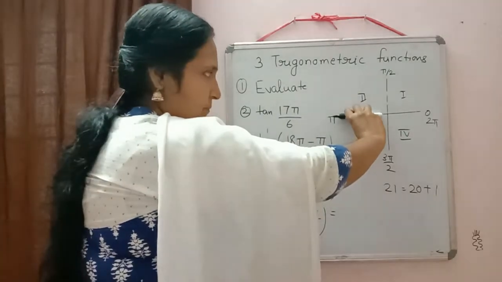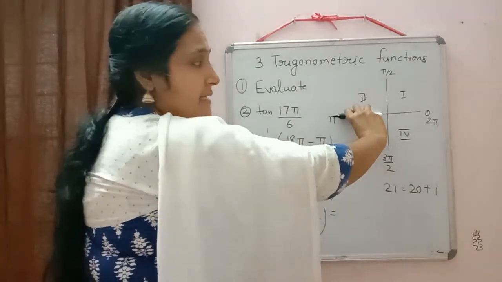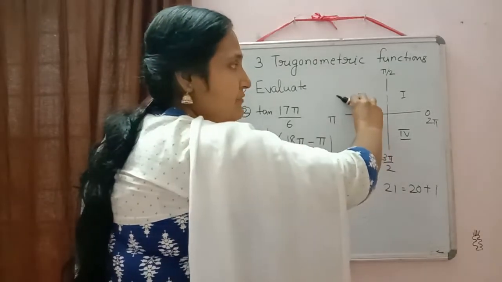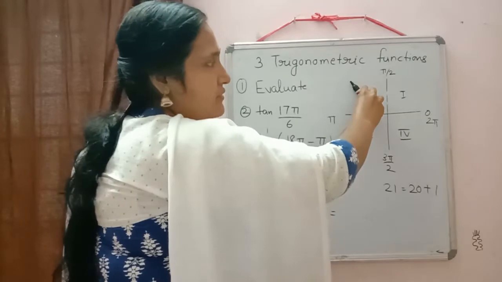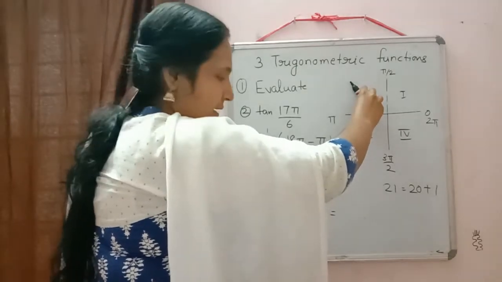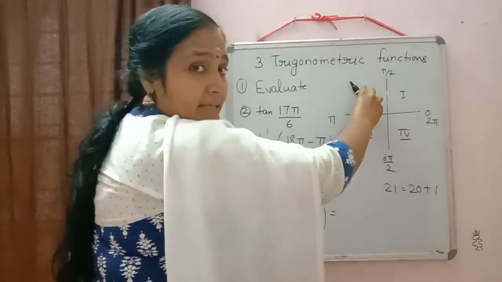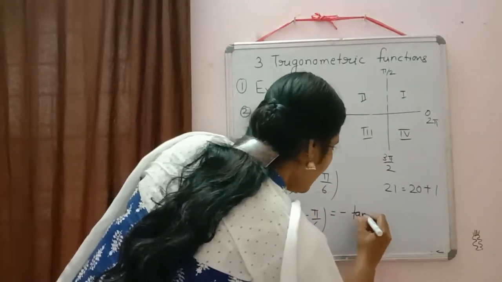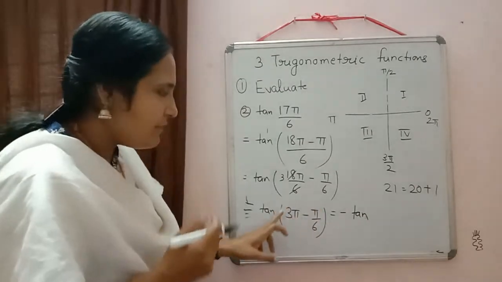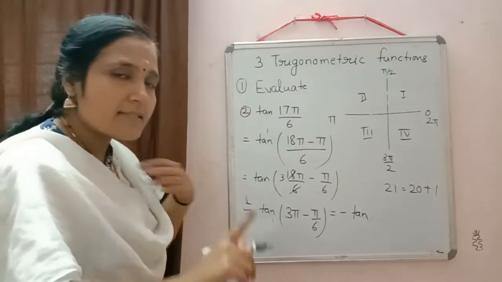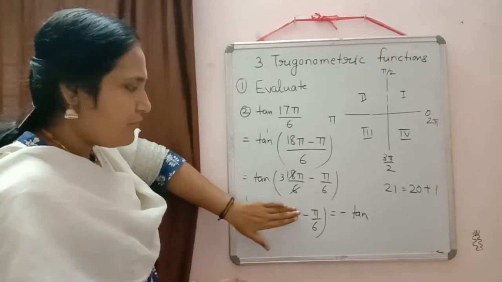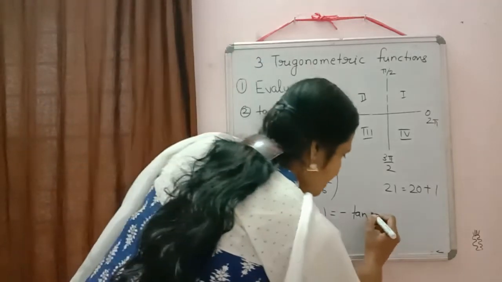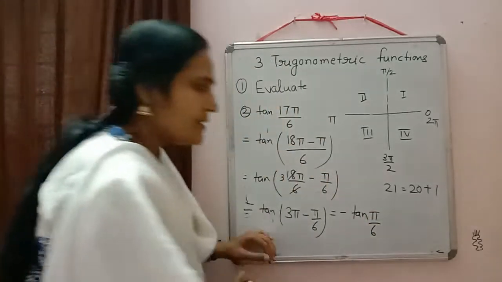Now what do we have to do? It is not plus, here it is minus, which means we have to move backward there. So backward means in which quadrant will we come? Yes, we will be in the second quadrant, and in the second quadrant tan is negative. So it will be equal to minus tan. Just this concept we will use to check whether it is positive or negative. After that remove this 3 pi and write down this angle only, pi by 6. So minus tan pi by 6.